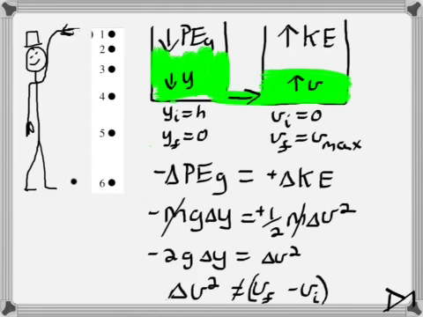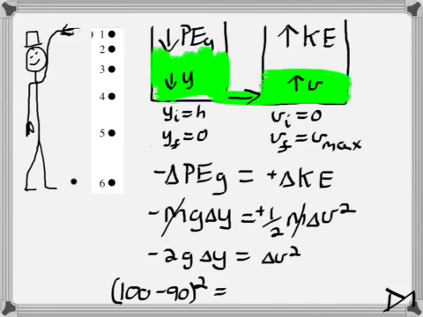That must mean delta v squared is v final squared minus v initial squared. Delta v squared is not the same thing as v final minus v initial, squared. It's not the square of the difference. For instance, 100 minus 90, squared, is the same thing as 10 minus 0, squared. But let's say you get hit by a car at 100 miles an hour, and the car only slows down from the hit to 90 miles an hour. If we square that loss of speed, accounting for the kinetic energy that the car lost, which got transferred to you, it'd be the same thing as getting hit by a car at 10 miles an hour, and the hit